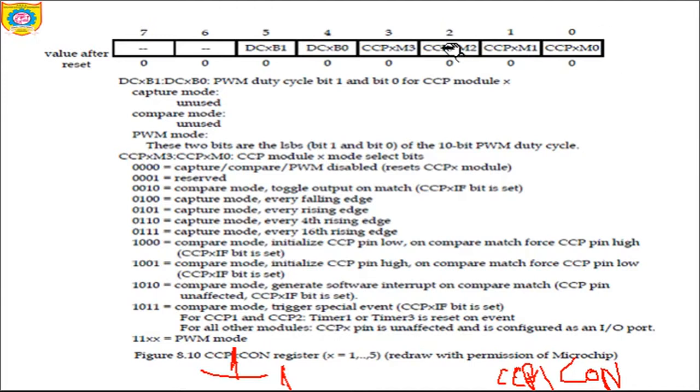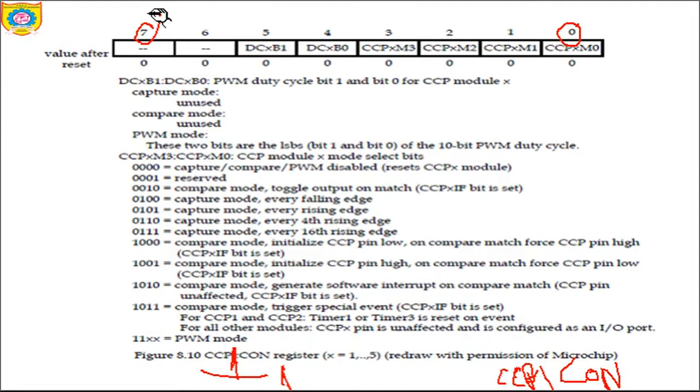It's an 8-bit register, starting from bit number 0 to bit number 7. So CCP1CON is an 8-bit control register. We can select any of the modes from this register itself.